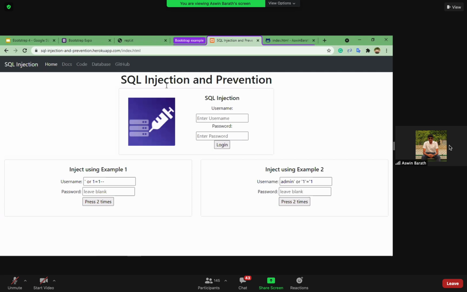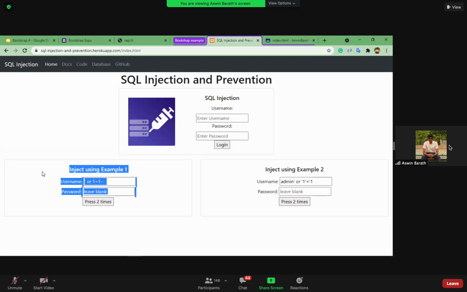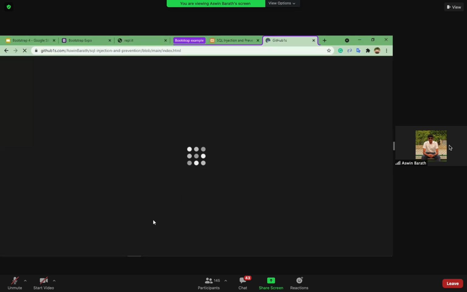As you can see, we have a navigation bar on the top, and I have used 2 components over here. This is a card container and this is a card deck. Okay, I'll show you the code. Even you guys can see it's very easy to understand if you get this concept.